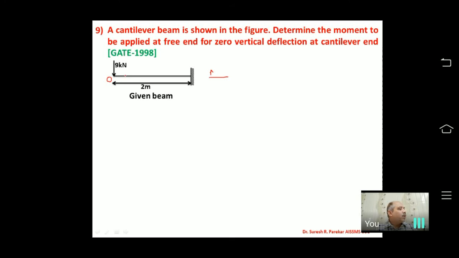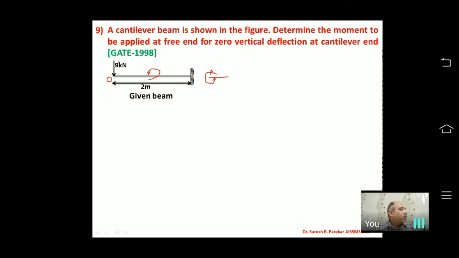Now in which direction is the bending moment diagram due to 9 kilonewton? That is in the downward direction. Because the moment, if you see over here, is anti-clockwise, which will take the beam downward. So now here I have to give a bending moment so that my bending moment will be upward. Then which bending moment do we have to apply? We have to apply a bending moment that is clockwise. So in this way, we have to go for this.